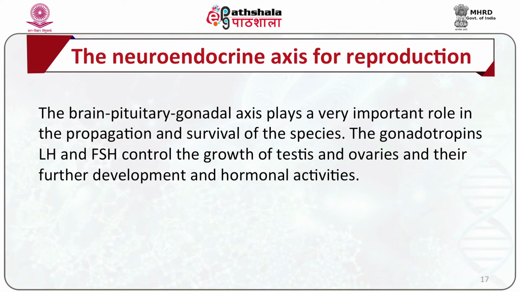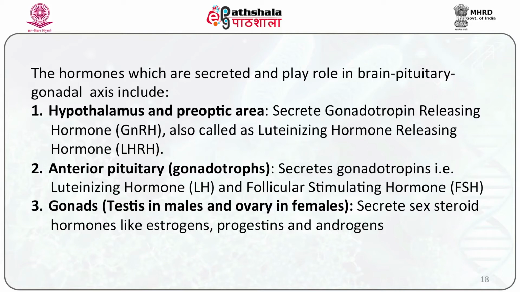The next axis is the neuroendocrine axis for reproduction, that is the brain-pituitary-gonadal axis. The brain-pituitary-gonadal axis plays a very important role in the propagation and survival of the species. The gonadotropins LH and FSH control the growth of testes and ovaries and their further development and hormonal activities. The hormones which are secreted and play a role in this axis include